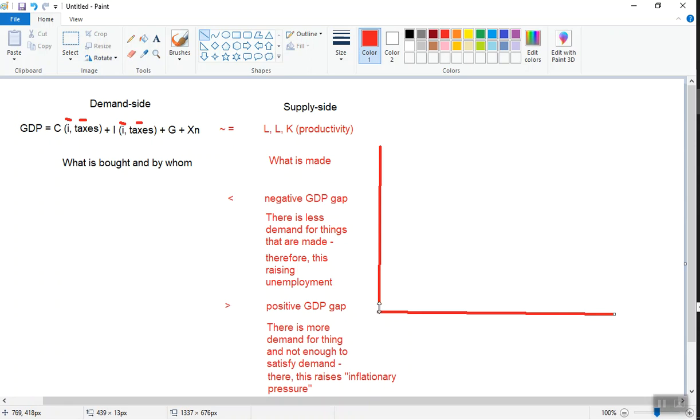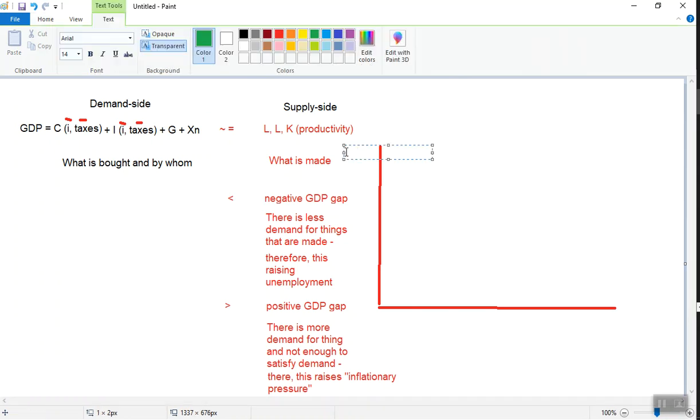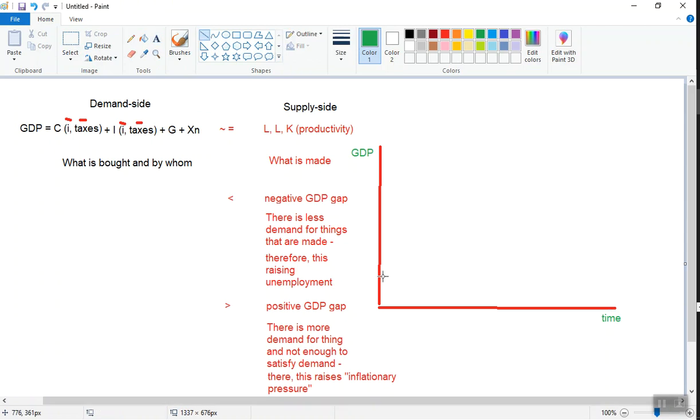So what I'm going to do here, business cycle. So recall with the business cycle, what we're measuring is the size of our economy, our GDP, over time. And recall further that this rate of growth